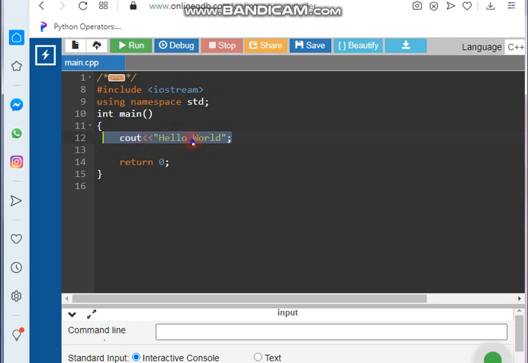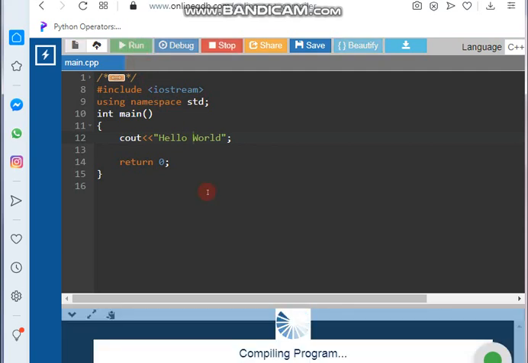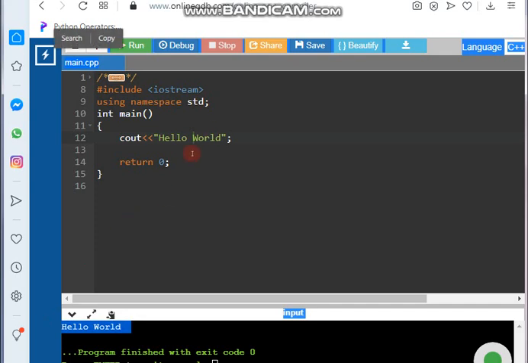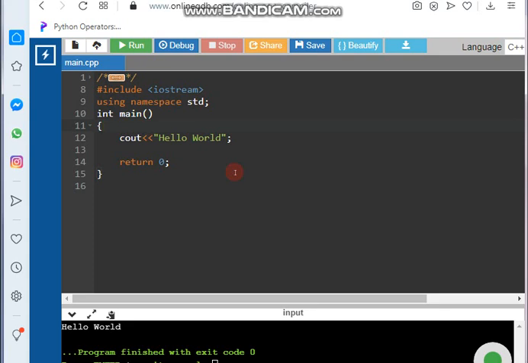You can remove it. But still, if I want to show the result, I can go to run and I can show the result here in the compiling program section. So that will be the output, and this is the program we did here. And in this program, we didn't have any input, only an output statement is written.